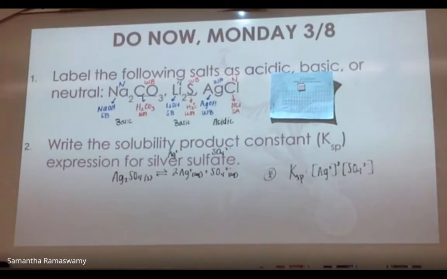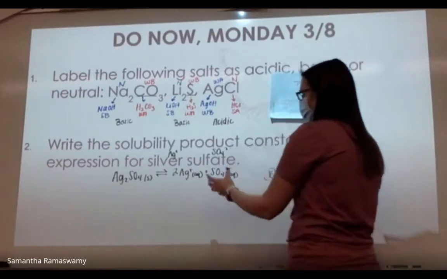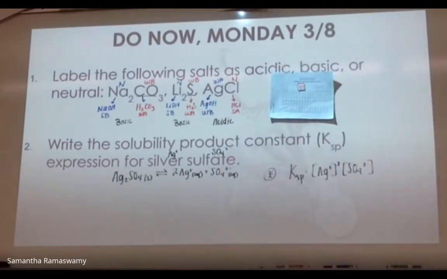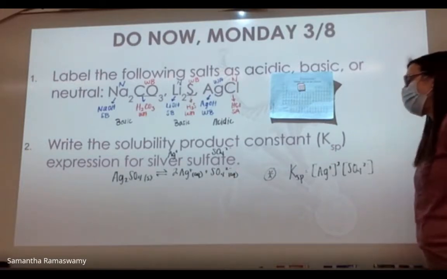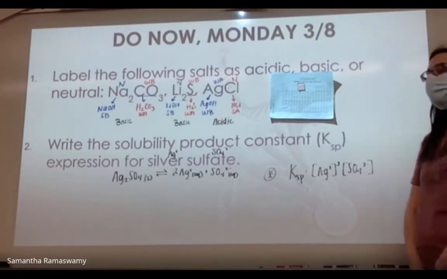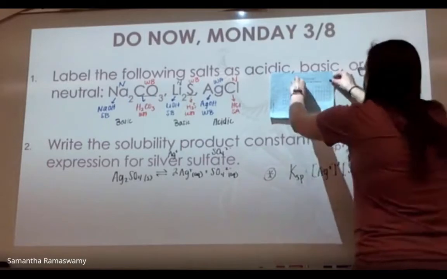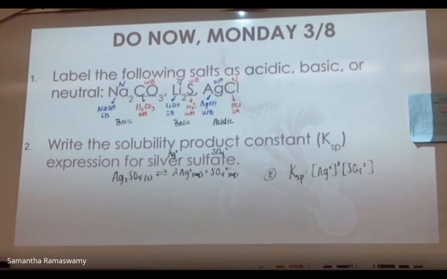It's just another equilibrium, right? Just another equilibrium where we're looking at the ions. What's the molarity? What's the concentration of ions that we have in solution? Almost just like the common ion type of problems. Any questions on the do now? All right, so